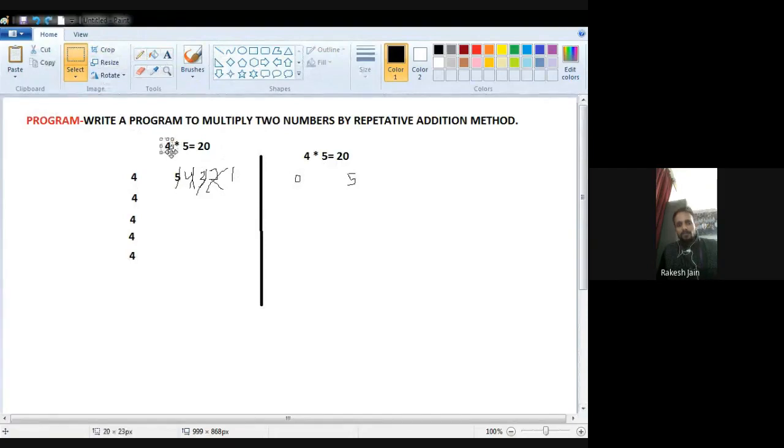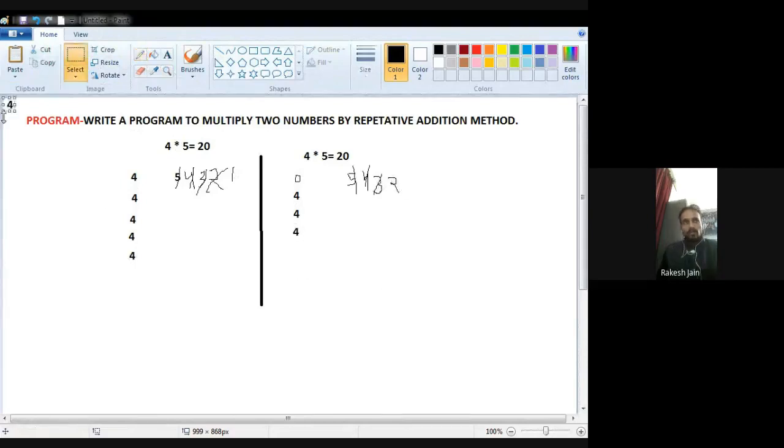First of all, add the 0 with the first number, and each time decrement the second number once. So the first time 0 will be added with 4, because one addition is done, 5 will be decremented to 4. One more time add 4, and decrement the number once, so it will be 3. One more time add 4, then the second number will now be 2.